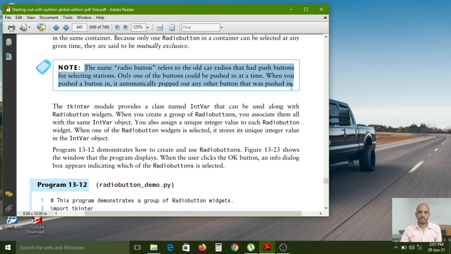If you select one option in the radio button section, the other options are automatically deselected. Even if you have 100 options, you can use radio buttons for that. If you select any one option among those 100 options, the remaining 99 options will be deselected automatically by themselves.